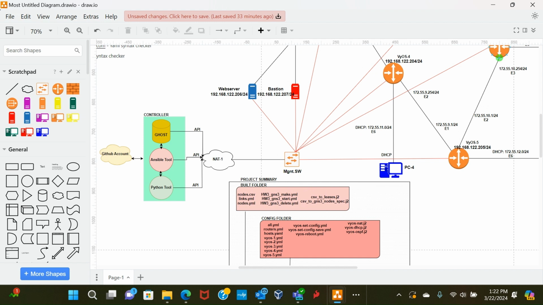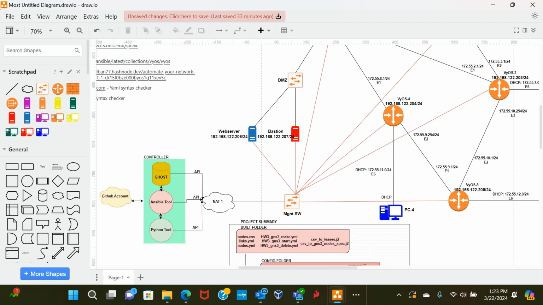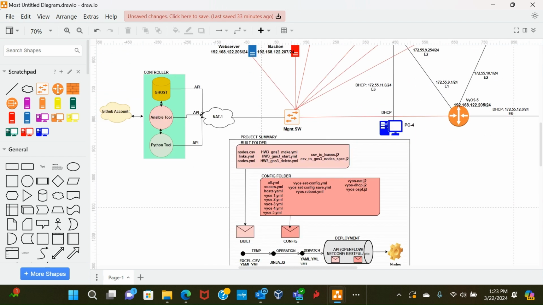What I'm doing is that once the underlay has been built, in other words, I want to issue DHCP to the various interfaces so that the controller can have IP reachability to each of these nodes in this 192.168.122.0/24 network. So what I definitely do in this part is that Jinja is going to take the content of the CSV files and then output a script that is understandable to configure the nodes to support DHCP. Necessarily, I also have another one to take contents of the CSV files and others here to also build the network topology.